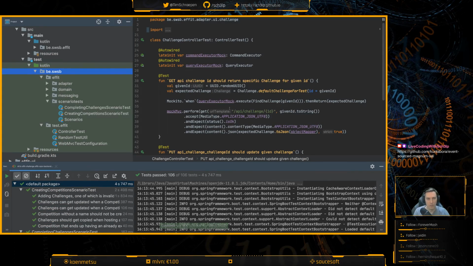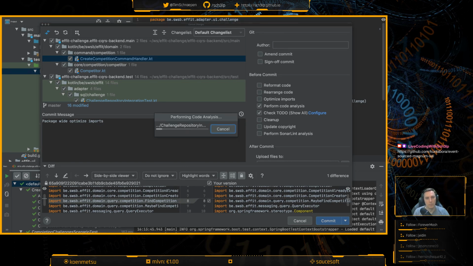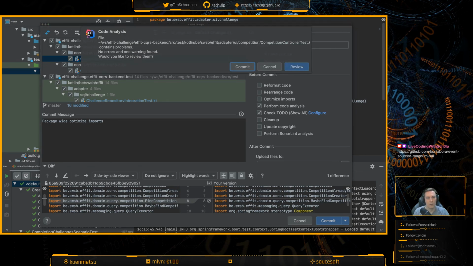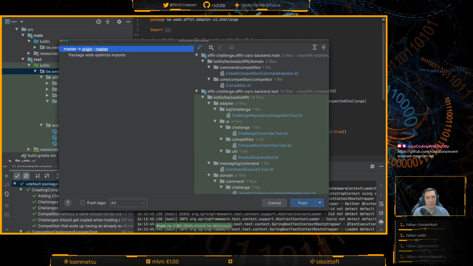Yeah. At least it's green. Package wide optimize imports. Kom op, jongen. Let's go.